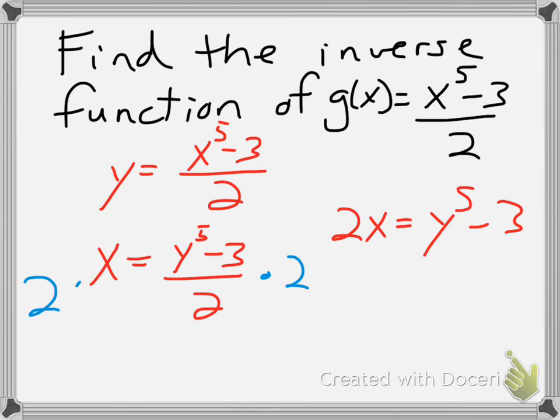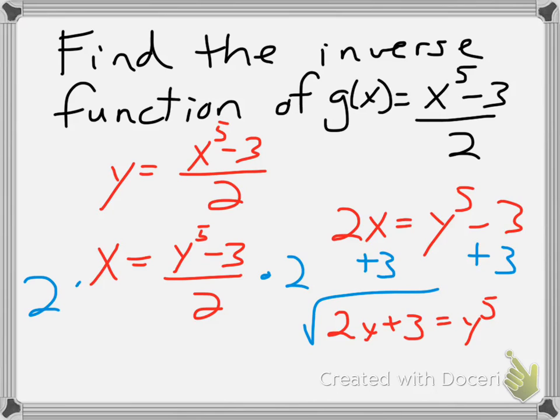To continue to solve for y, I'll add 3 to both sides. And now I'll have 2x plus 3 equals y to the fifth. And finally, to solve for y, I need to eliminate my power of 5, which means I'll take the fifth root of each side. So now I have y is equal to the fifth root of